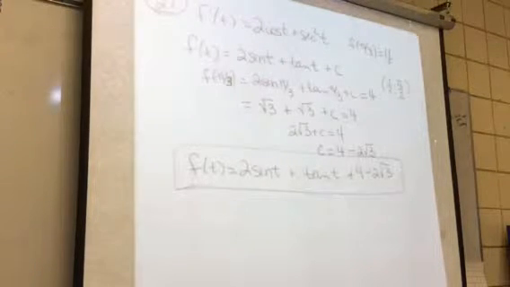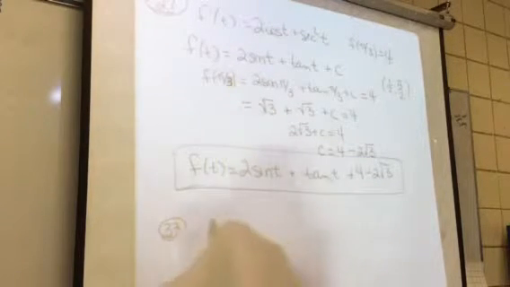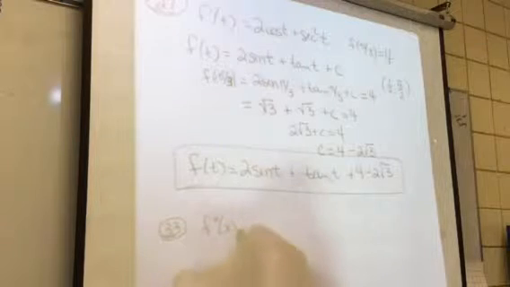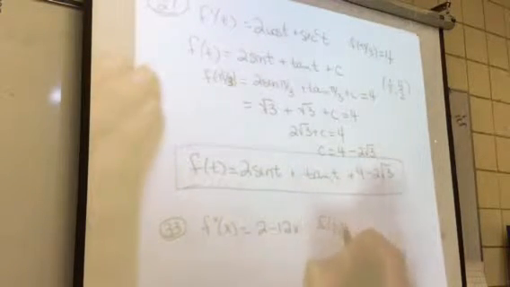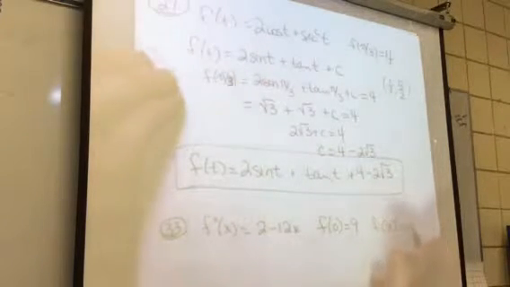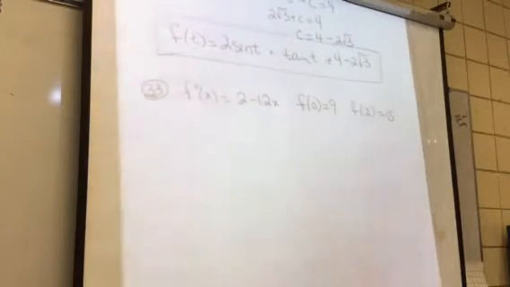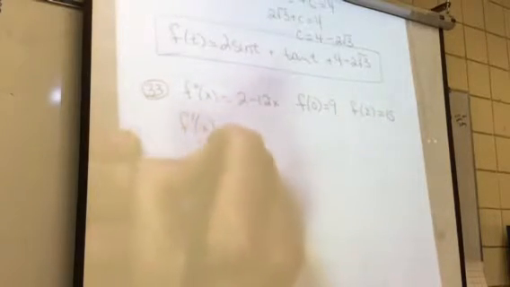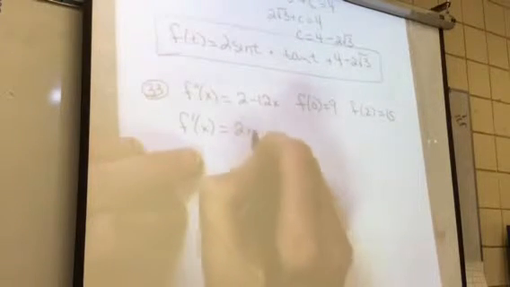So we should move on now to number 33. 33, if you notice, gives you your second derivative. And does it give us any information about the first derivative? No. So we're going to have to integrate twice on this one, and then try to find out what our c values and our d values are. So what's the first antiderivative going to be? 2x minus x squared